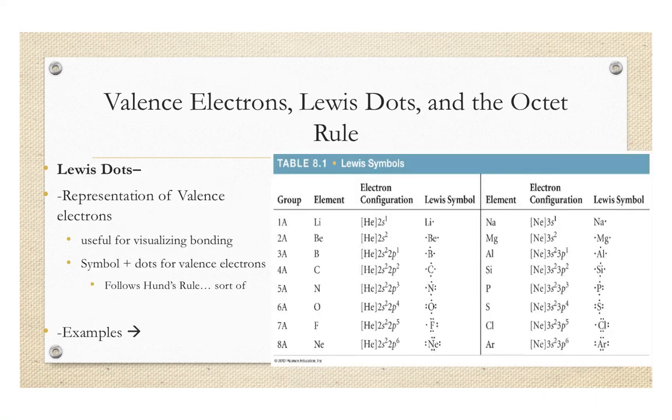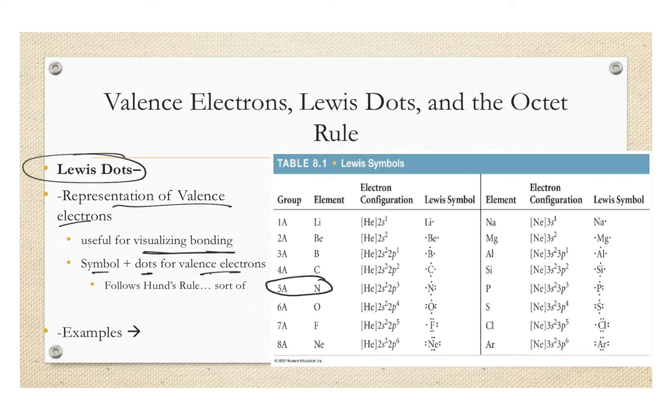All right, so once we know the valence electrons for a particular element, we can talk about Lewis dot diagrams. These are a representation of the valence electrons. They're usually useful for visualizing bonding. And basically what you do is you take the symbol and you add some dots for the number of valence electrons, which follows Hund's rule, sort of, where you're putting 1 into each orbital before you put 2 into any. So for example, if I'm looking at nitrogen,